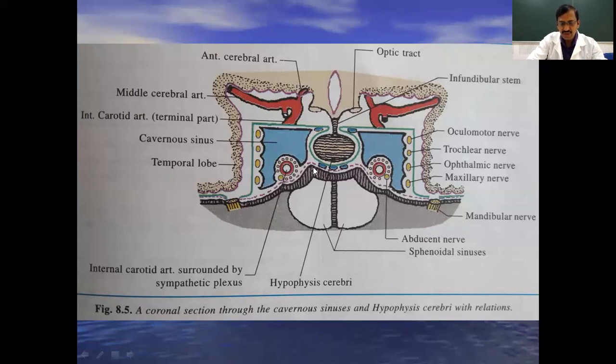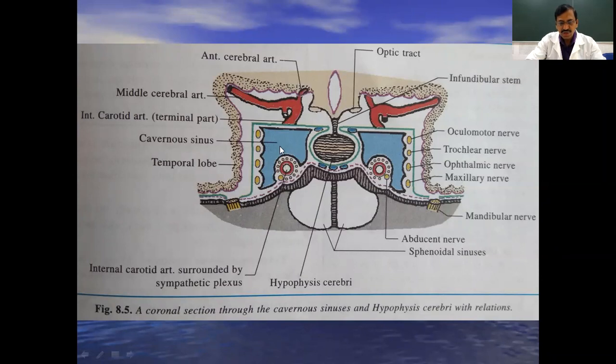Base of the skull, and this is the endosteal lining, which is very closely related with the base of the skull. And here, if there is any road traffic accident causing head injury, there is a greater chance of fracture of the skull bones, and it leads to damage or rupture of the internal carotid artery, and it leads to formation of a fistula between the internal carotid artery and the cavernous sinus.